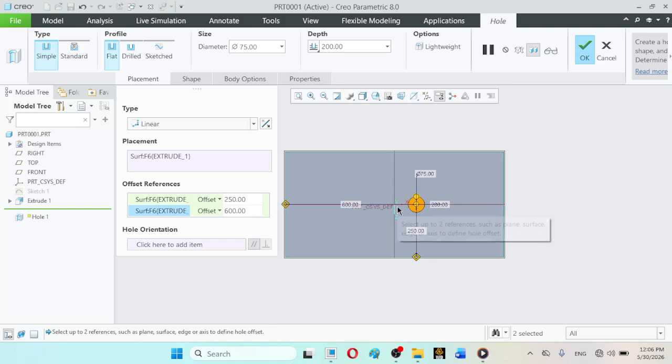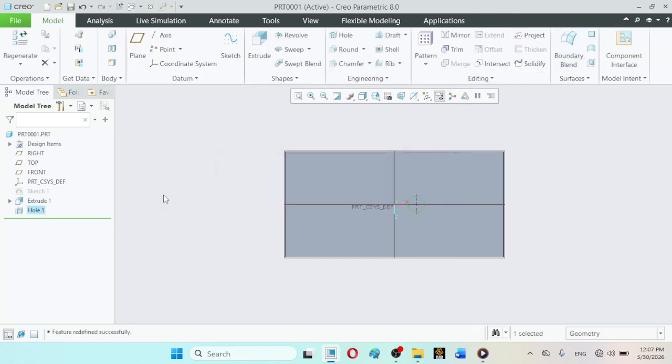So that means from this center to this axis the 100 distance is available. Like this. So this is at the correct location.